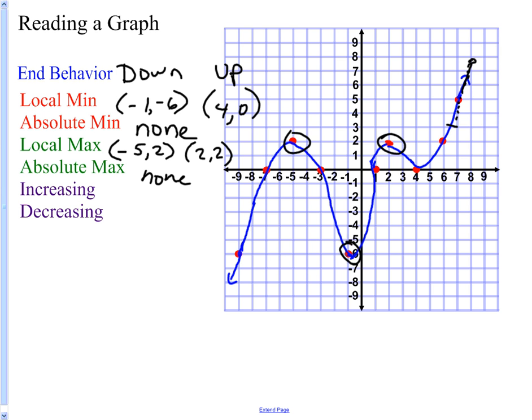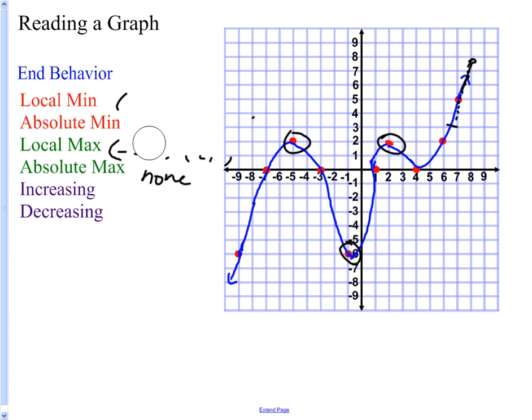And the last area is increasing and decreasing. Those are probably the hardest kind because you have to write them in interval form. I'll just do one of them here. I'm going to have you do one in a minute. But if I'm going to write